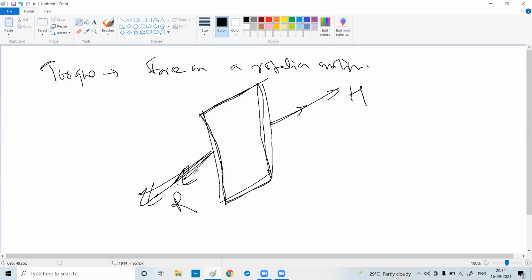These are the possibilities. Agree with me or not? Yes, sir. But now, a second thing came. Swarup came into the picture and started pulling in this direction. And Dhruv came into the picture and started pulling in this direction. Harsh is pulling in this direction. Same 2 Newton, 2 Newton, 2 Newton, 2 Newton. Can you tell me what will happen in this scenario?